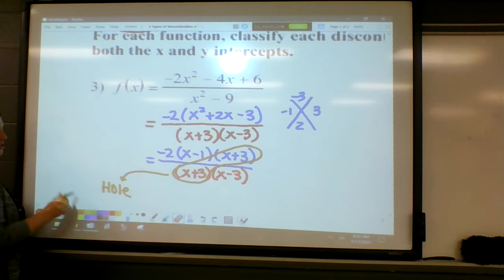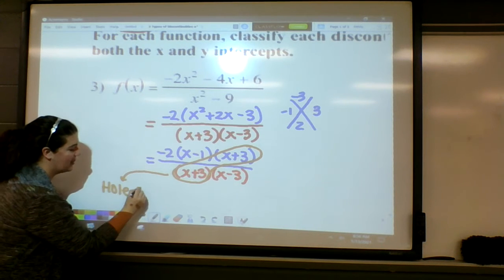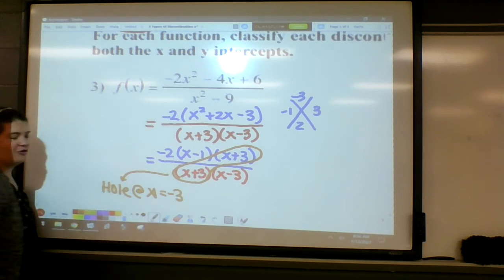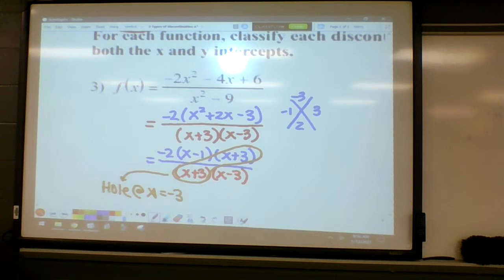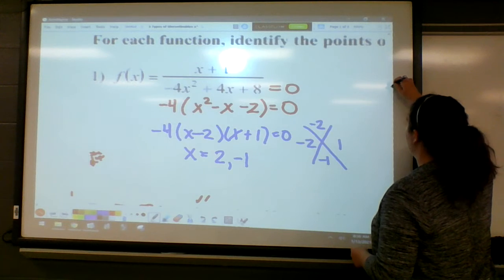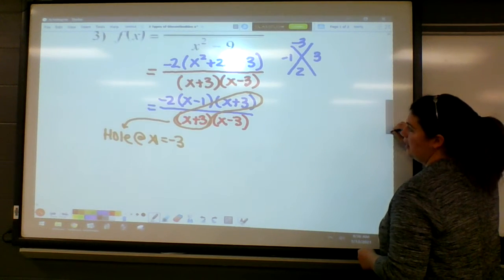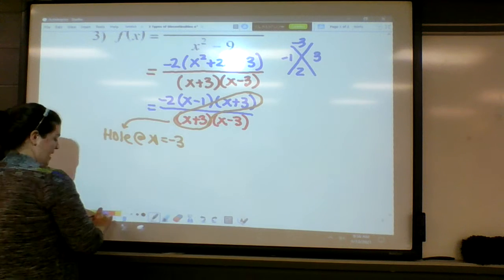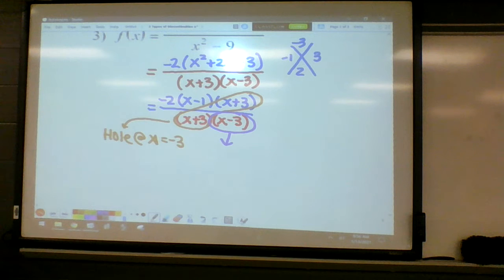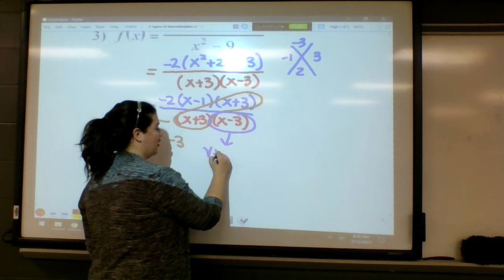What's the other discontinuity? There's a hole. We're going to say where it is. The hole is at x equals -3. It's what makes those factors equal to 0. So your hole is at -3. Where's the other discontinuity? It's at +3, and that's from this factor right here. If it's an issue with a divide by 0, but it doesn't have a match in the top, it's what we call a vertical